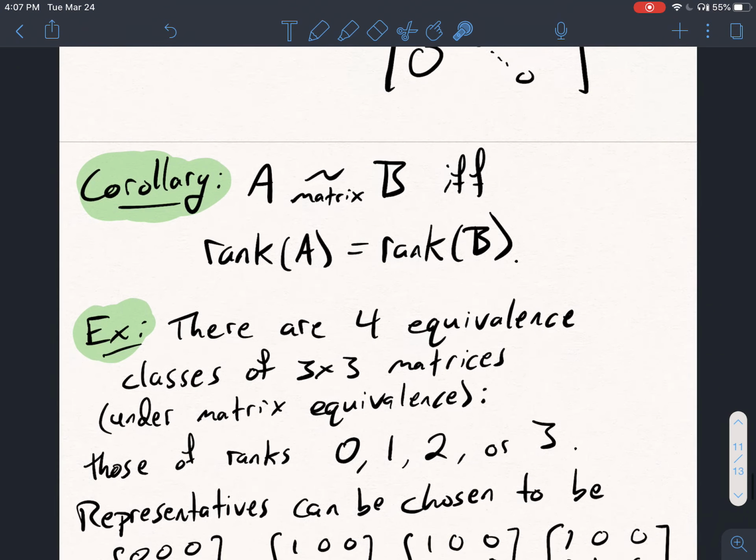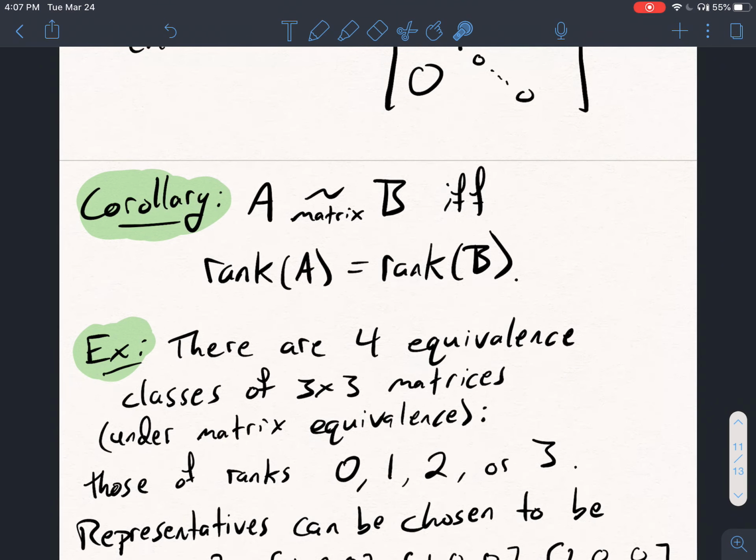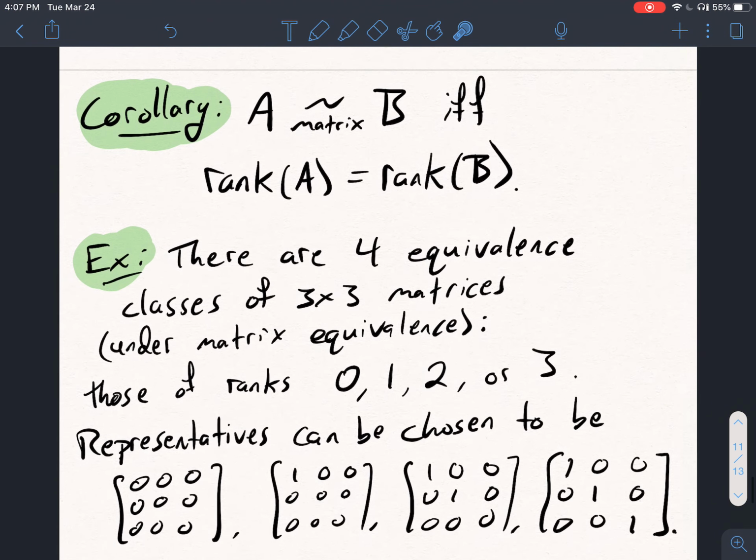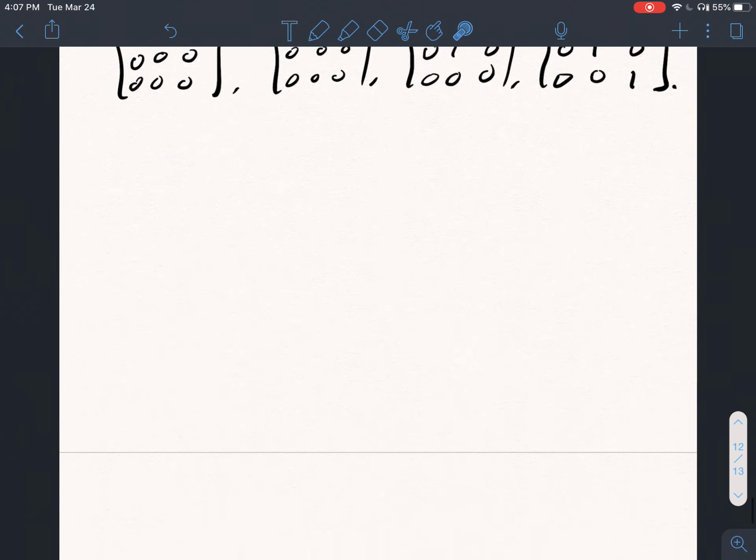Therefore, each 3x3 matrix is going to be matrix equivalent to one of these 4 representatives. Representatives of these equivalence classes can just be chosen to be the all 0 matrix, the matrix with just a 1 in the first entry, the matrix with 2 ones along the diagonal and 0s everywhere else, or just the 3x3 identity matrix. And these represent the rank 0, rank 1, rank 2, and rank 3 matrix equivalence classes. Okay, so